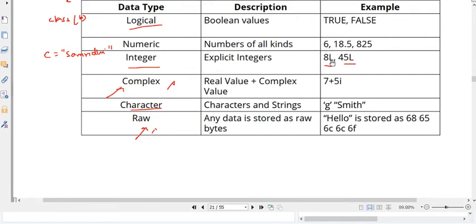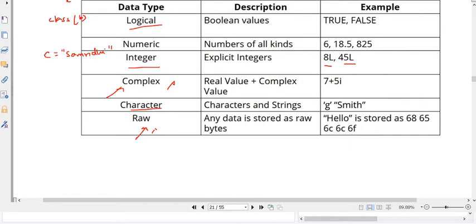We are going to discuss examples. 6 is numeric. 18.5 is numeric. 825 is numeric. 45L is integer. 37L means that 37 is an integer. Characters are simple: G, Smith, Samriddhi, any name, Uma, all these are characters.